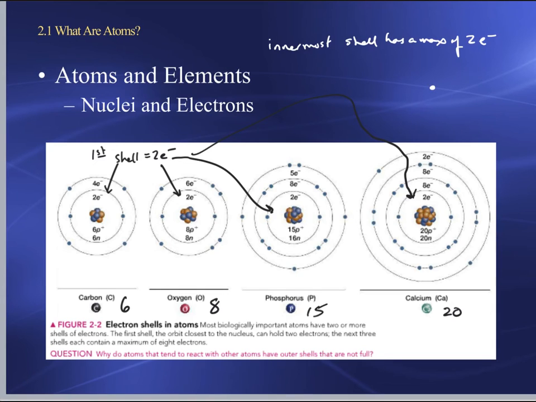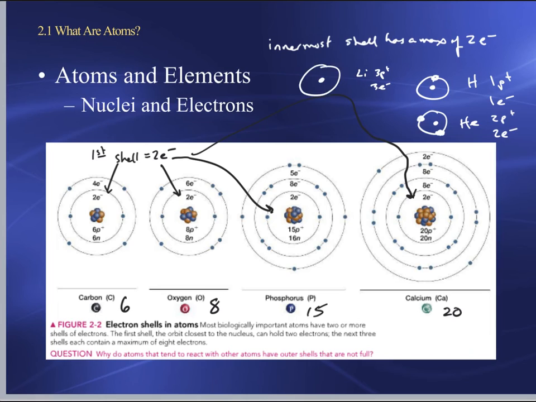Hydrogen is just a single proton and a single electron. This first shell can hold a maximum of 2. So when you get to something like helium, which has 2 protons and 2 electrons, that second electron is still in that innermost shell. But then when you get up to the next one, which is lithium, which has 3 protons and 3 electrons, the first 2 electrons go in the first shell, and then